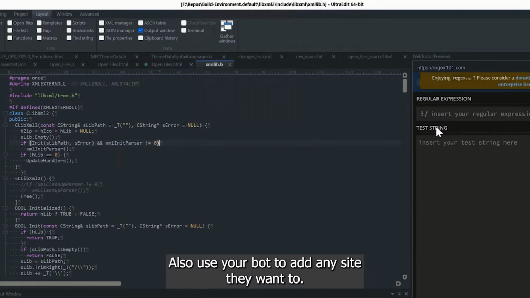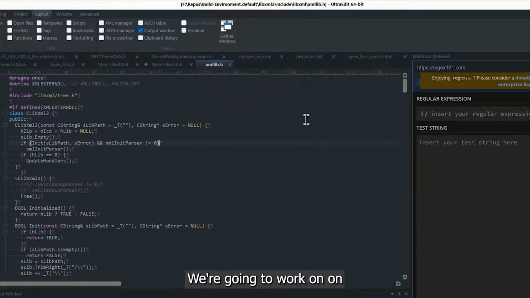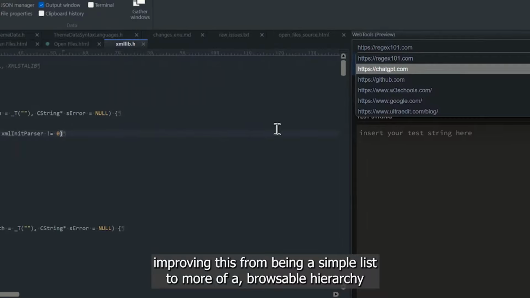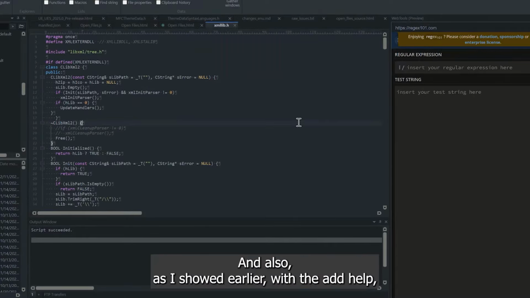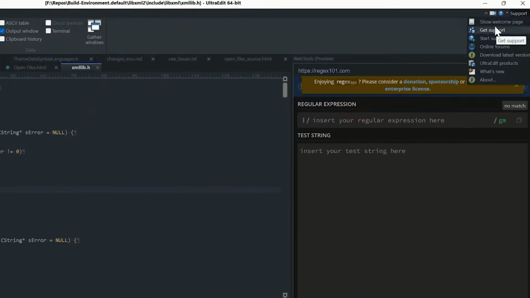Also, users are able to add any site they want to. We're going to work on improving this from being a simple list to more of a browsable hierarchy so that you can get more complex with the websites that are available in the Web Tools. And also, as I showed earlier with the add help